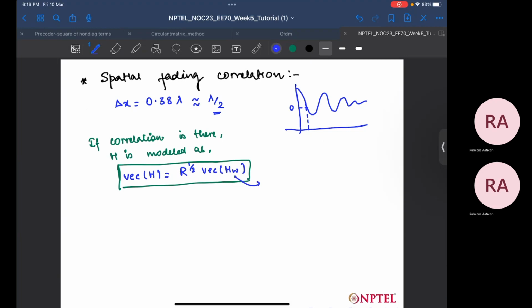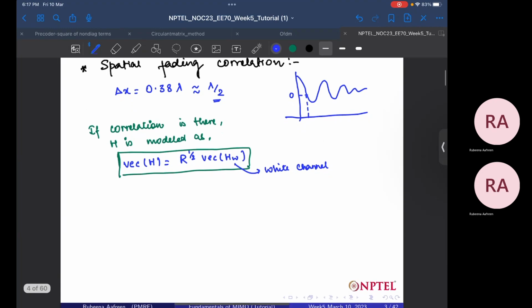Here our HW is the spatially white channel, right? So what we have is that the correlation matrix combined with the white channel will give us the correlated channel, right? Now some important things that we will see are the properties of vec first. Before that, R is given by